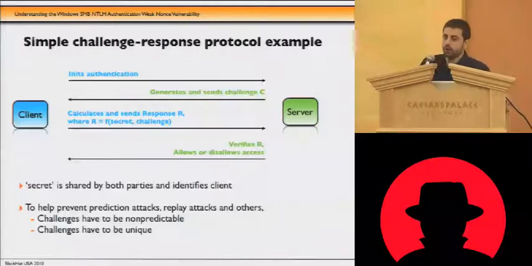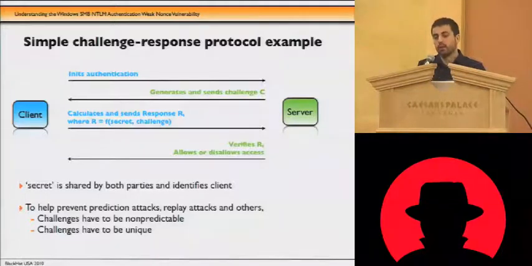So how do you do that? The solution proposed by the challenge-response protocol to this problem is that every time the client wants to authenticate against the server, it initiates an authentication attempt, and the server generates what is called a challenge. The client receives that challenge and performs some kind of computation, applying a function or an algorithm to that challenge and to the secret, takes the result of that calculation, and sends it to the server. The server applies the same function or algorithm to both the secret and the challenge,